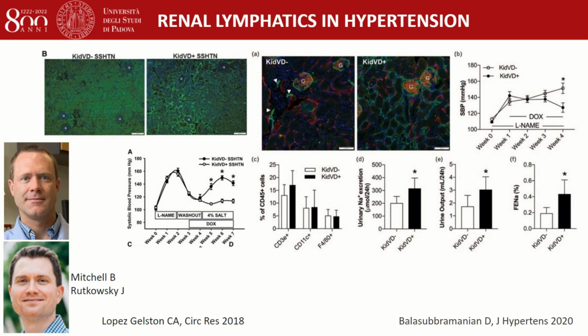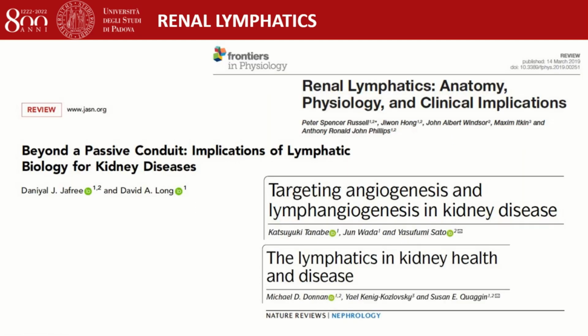And at the beginning, most of the evidence really focused on the immune side of the story of what we all know is absolutely important in the development of target organ damage in hypertension. But most recent evidence clearly pointed also to a totally different sodium handling from those renal lymphatics expanded kidneys. And there is a lot of data and evidence pertaining renal lymphatics that I don't have the time to summarize here today, but I would really like to point you to these fantastic reviews produced by different groups really around